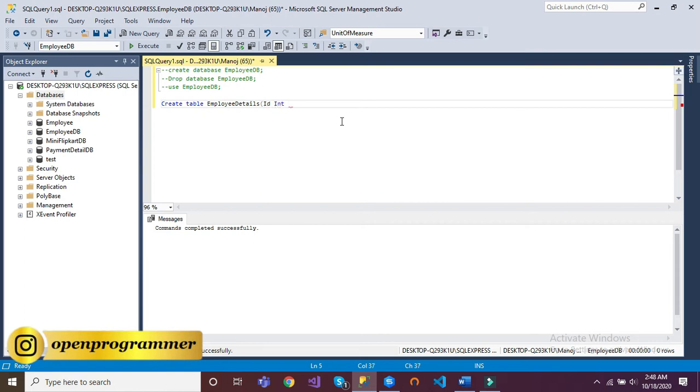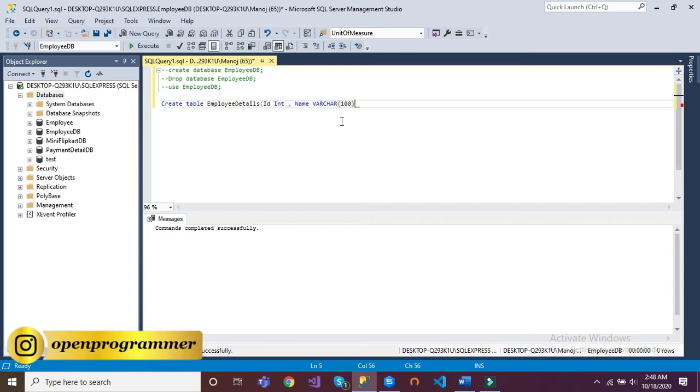Int, comma, name. It will be used to store the name of an employee, and I'm taking the varchar data type. It will store the characters of this particular name field. And now I need to specify the length, meaning how many characters it will store.